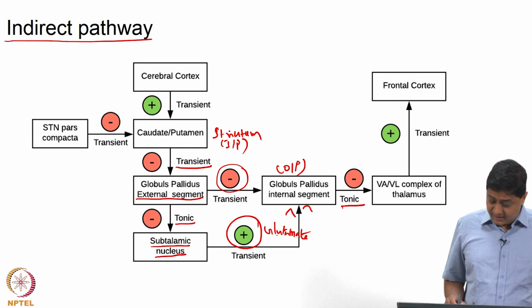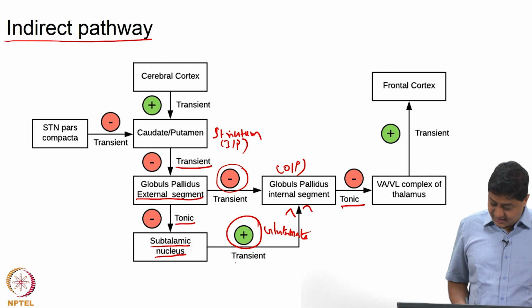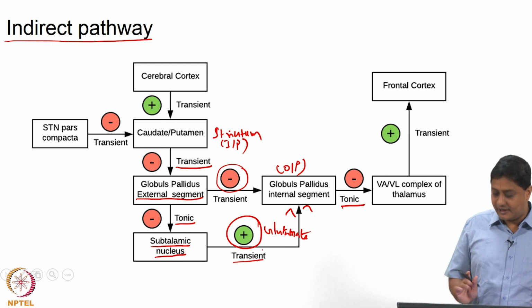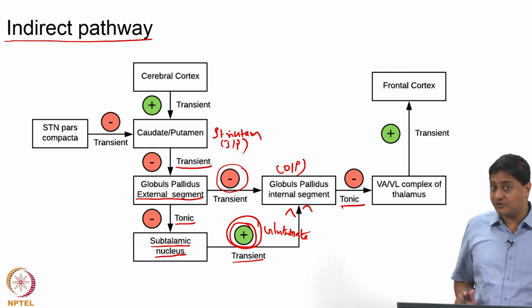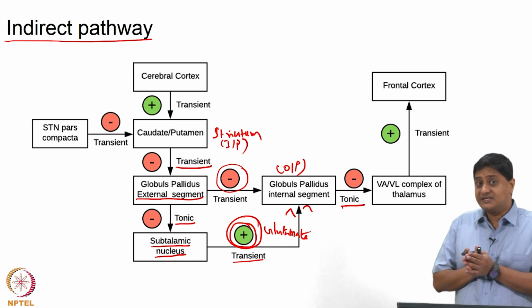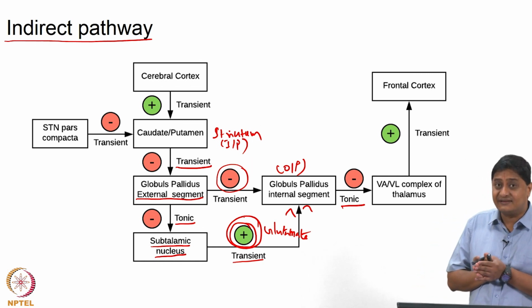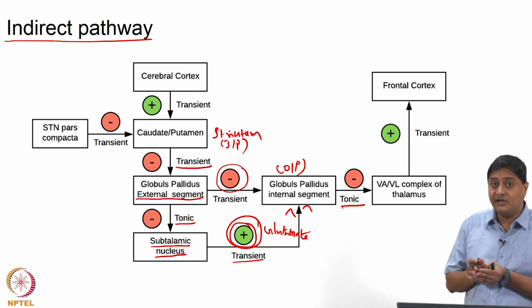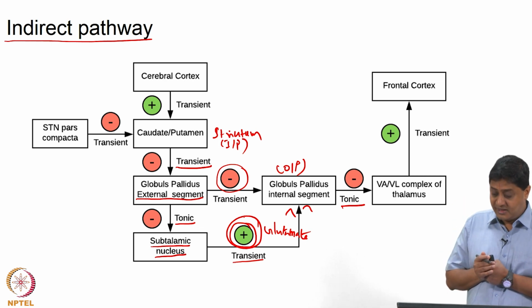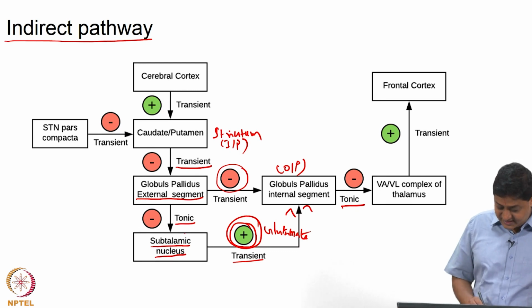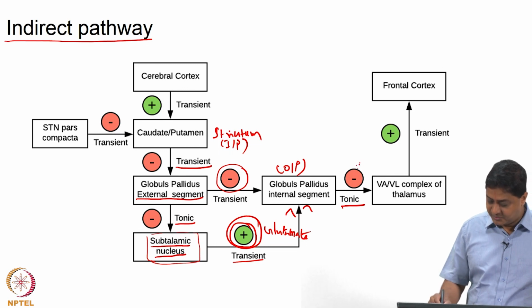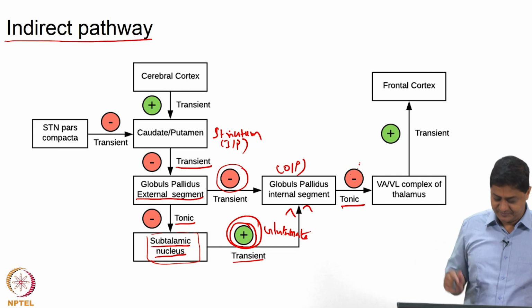So, the GPI neurons are transiently excited, not inhibited, transiently excited by the subthalamic nucleus. So, whenever the subthalamic nucleus is activated, whenever it is excited, it is going to increase the inhibition level provided by the GPI to the thalamocortical neurons. So, that means whenever this block is active, the level of the inhibition provided is going to actually go up, right.